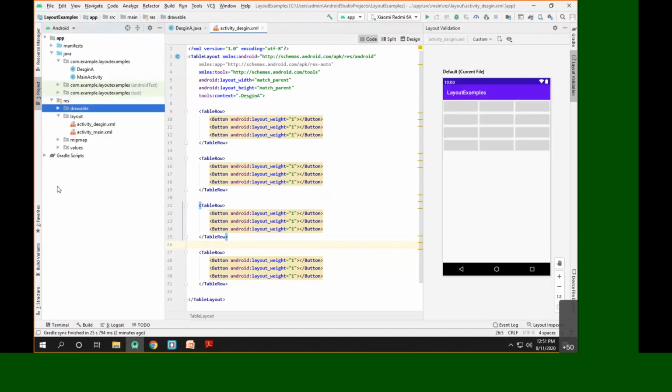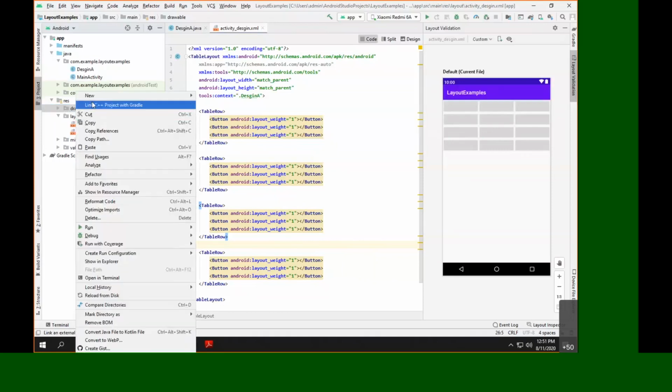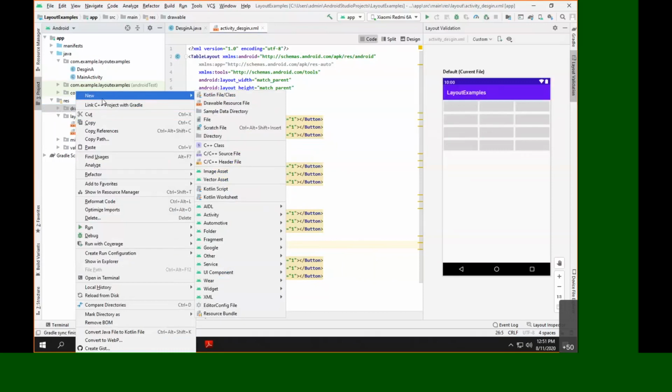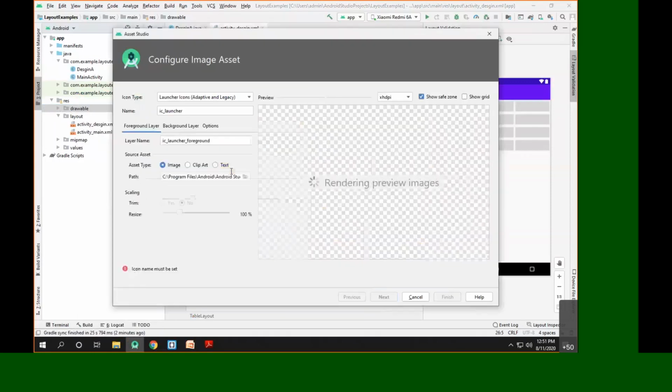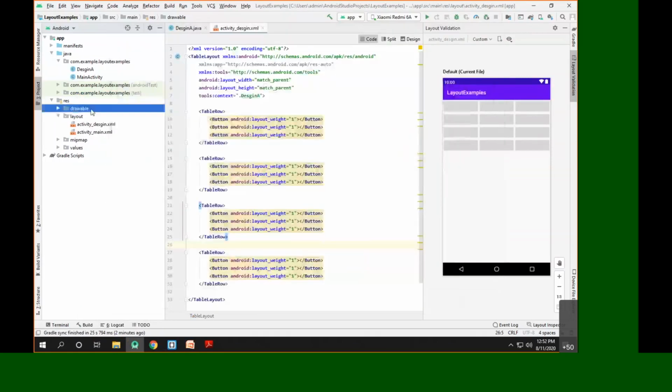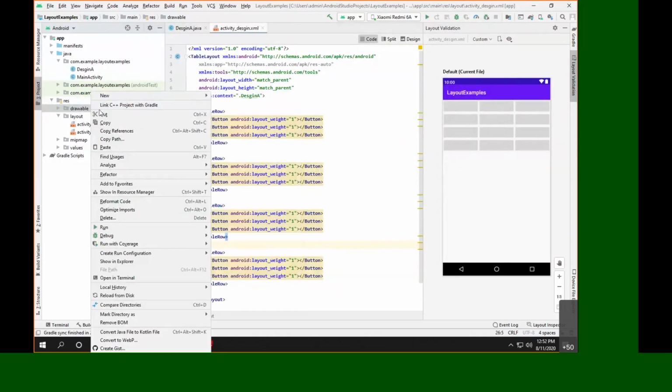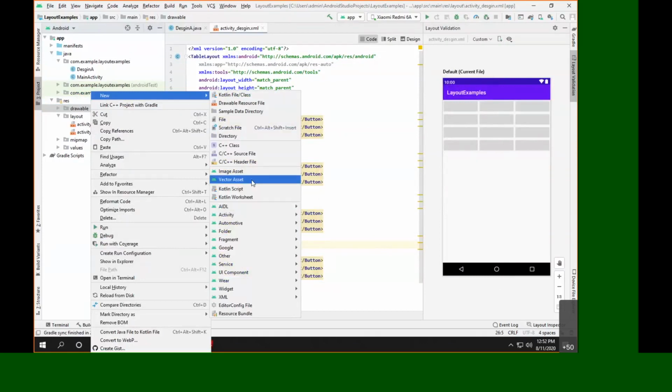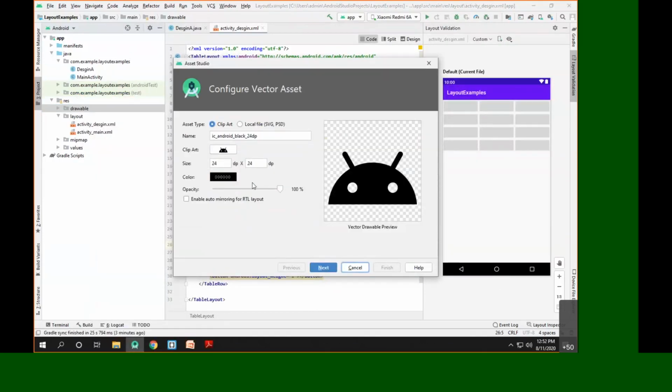So we know all the image resources or the icon resources that we are supposed to add, we'll be adding them to the drawable. So we'll right click on the drawable. Now after right clicking on the drawable, you can select image asset. Or from here you can basically add images. If you want to add any vector asset, you can click on drawable, new, and you can go for the vector asset also. Now basically from here you can add any kind of image.